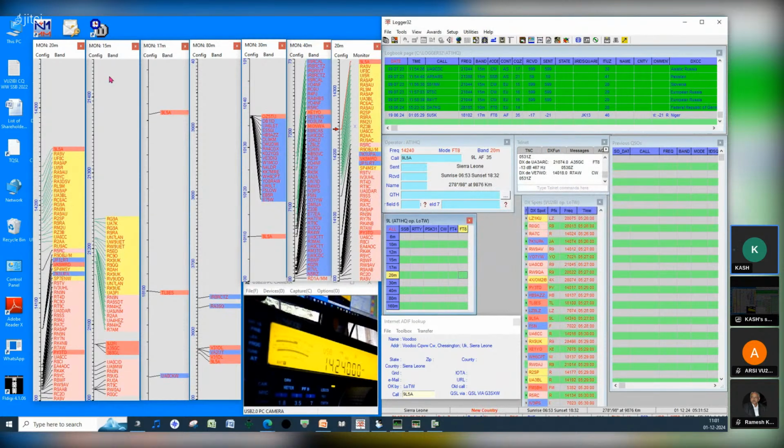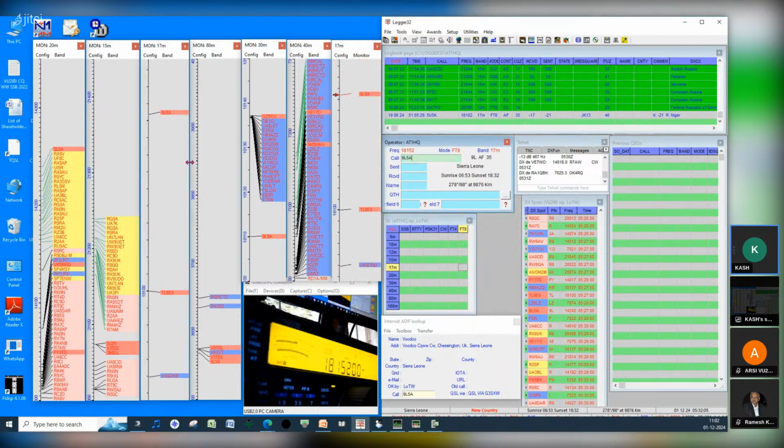Now what this has done is my log has changed. All these logs are from what I did under the call 81HQ, and you can see so many red ones. Red, for example, if I click red here, now I have not done any contact with Sierra Leone